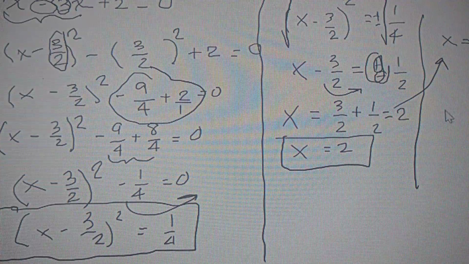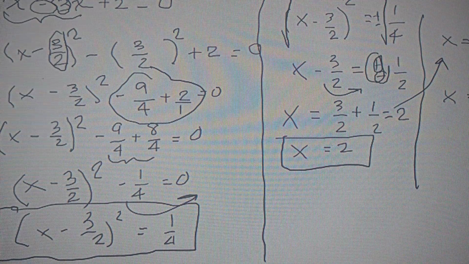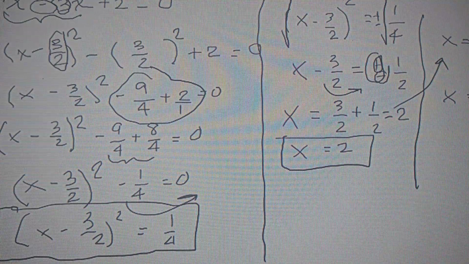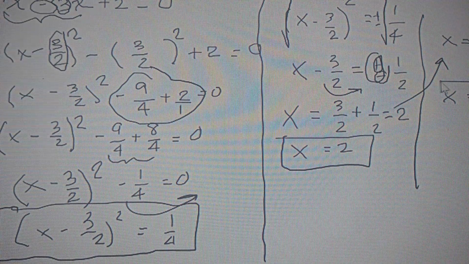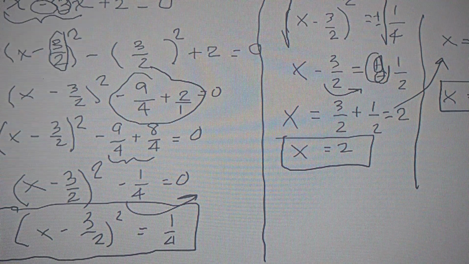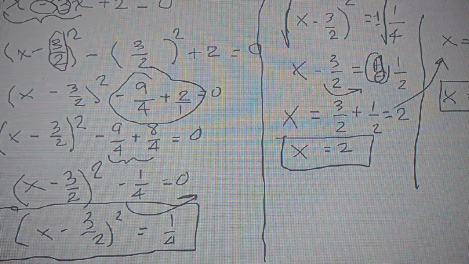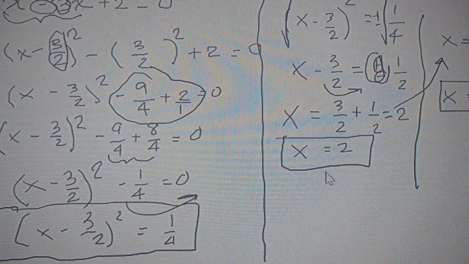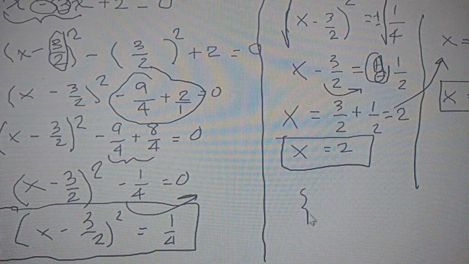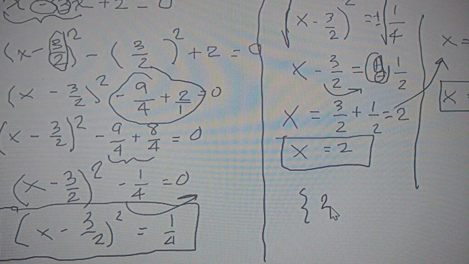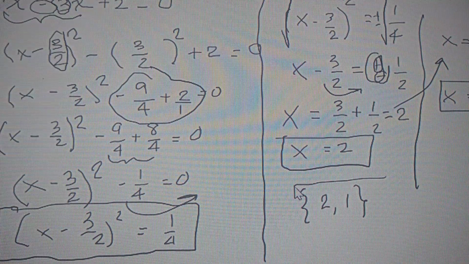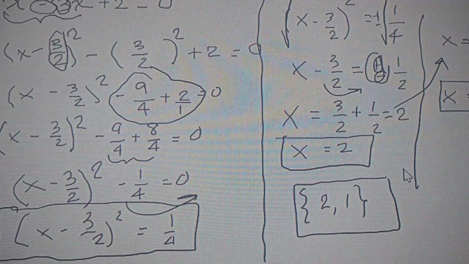And what is that? 3 minus 1 is 2 halves, so x is equal to 1. That's my second solution. So what's the solution to this equation? It is simply 2 and 1. That gives me the solution to the first problem